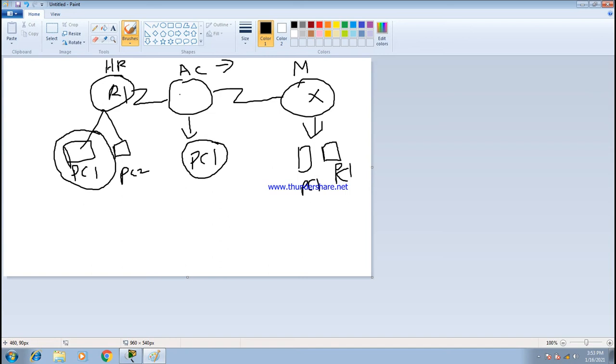If any other person tries to access the account department PC or any type of service, I will give deny here. The same thing if the marketing department tries to access the account department PC, I can give deny. The rest of these 2 departments can communicate with each other. The HR department has no restriction to communicate with the marketing department, but I will give deny only for the accounting department because it is confidential.